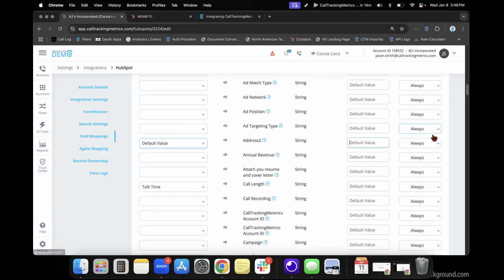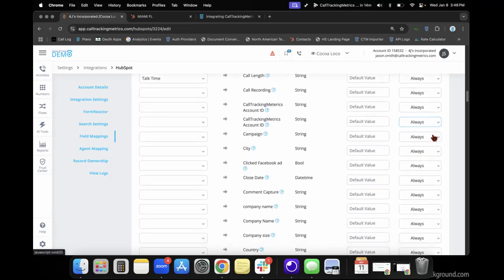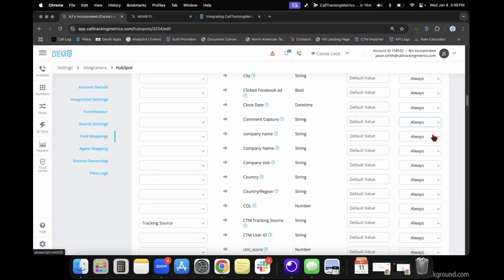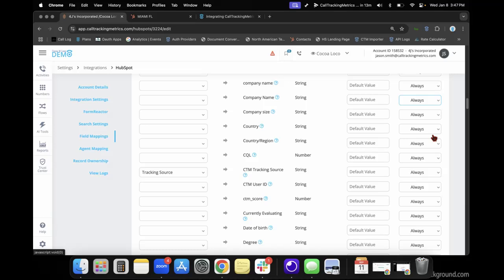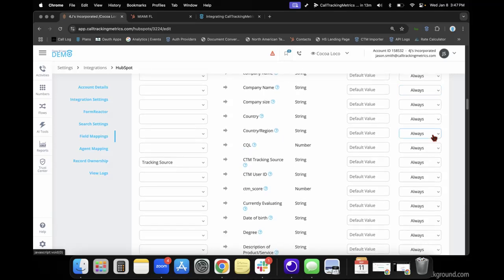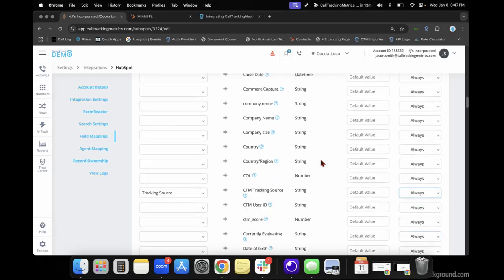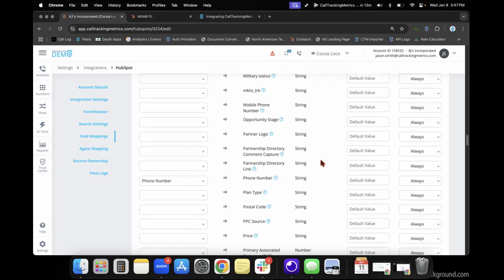Some people like to use the CRM as the source of truth in all cases. They don't want other platforms like CTM updating fields on a contact record that's in HubSpot. So you can choose whether you always want us to update that value if something already exists, whether we never update anything, or only when the value is blank. So with these mapping conditions established,